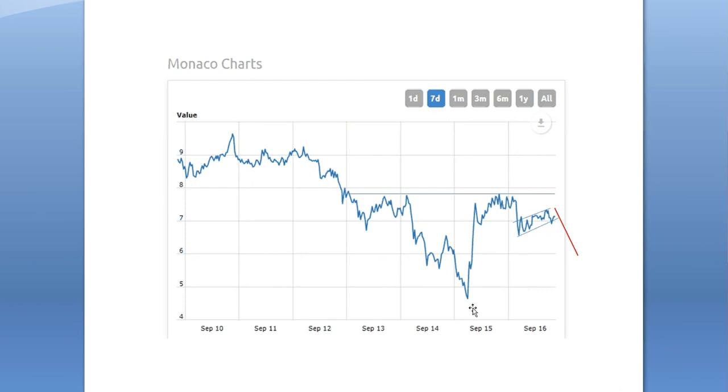So if we have 1, 2, 3, 4, 5, all these wiggles could be a very complex terminating wave. It could be what's called a 333 flat type of combination.